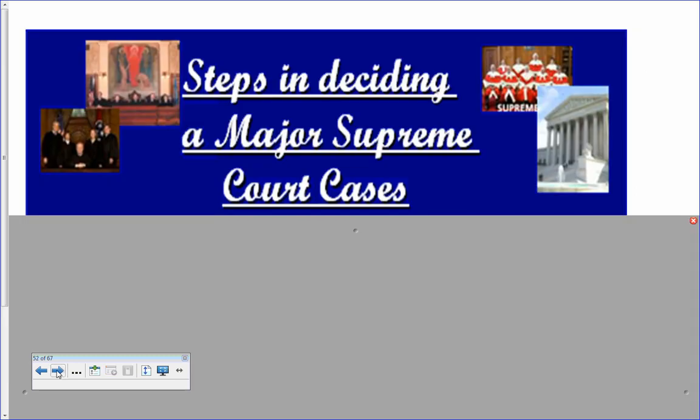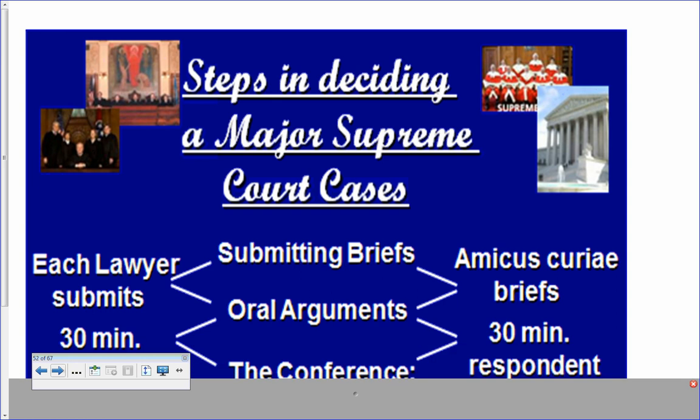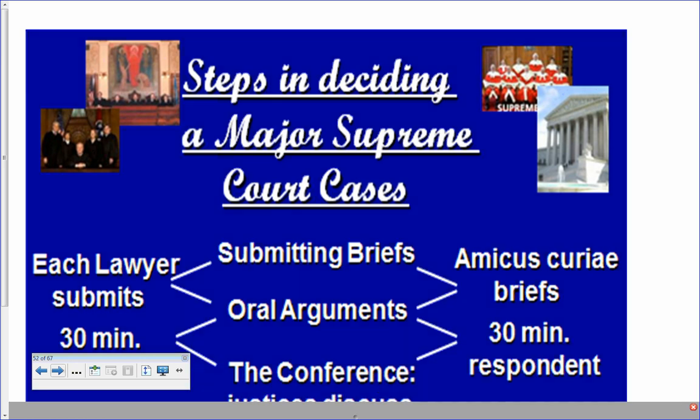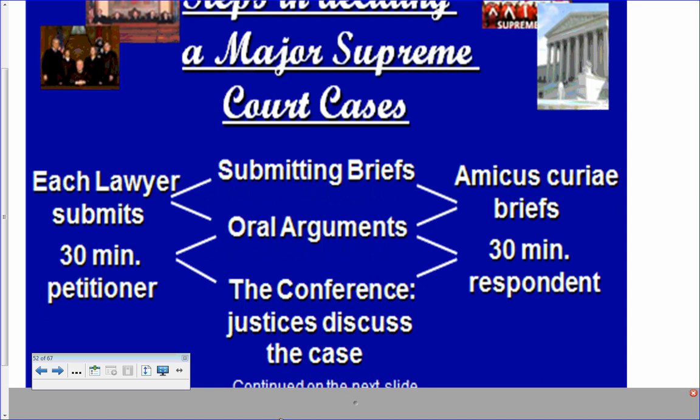All right, so now once we have the briefs submitted, we get ready for oral arguments. Each side is going to submit briefs. You'll be reading these. Those are basically what the oral arguments are going to be on paper, and then the amicus briefs get submitted as well, and then it goes to oral arguments to the court, where Ms. Kagan will be sitting beside me as we hear these oral arguments. Yes, and again, oral arguments are 30 minutes each side, so they're an hour long. Sometimes we hear 2 or 3 cases on Monday, Tuesday, or Wednesday during the session, which is usually October through